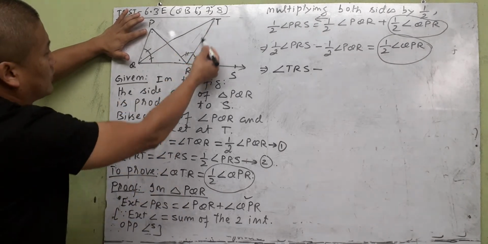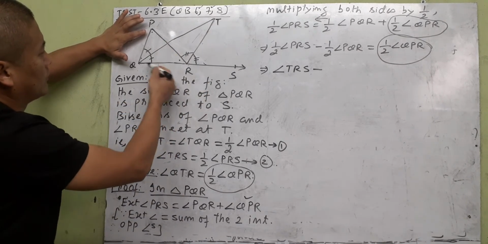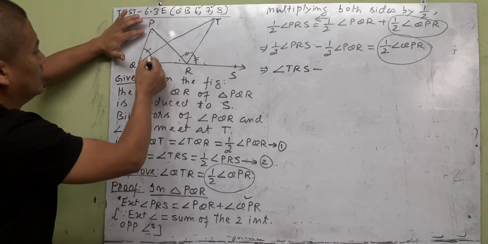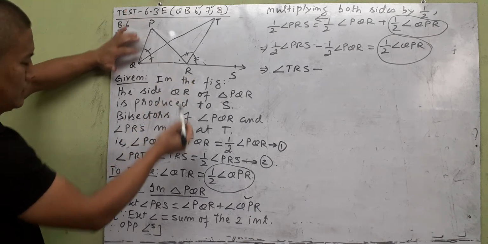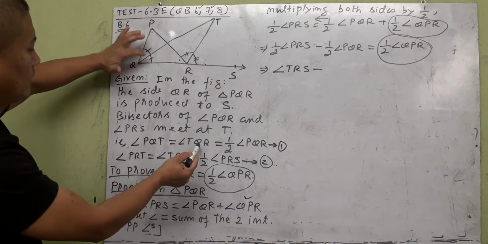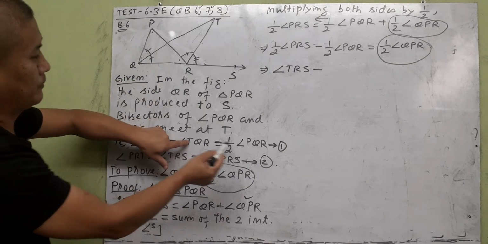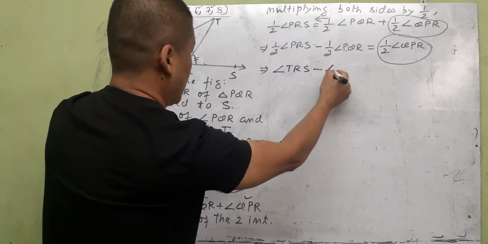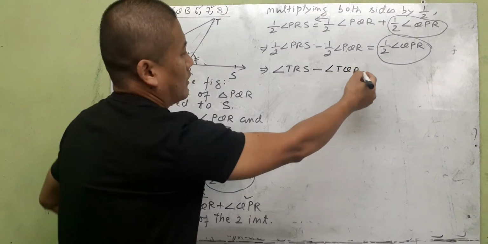Next we're going to focus on TQR, triangle TQR. So out of these two, this angle is inside the TQR. So let us take this one, TQR. So here TQR, see. So half PQR, which is this, let us replace by this angle TQR, and it's equal to